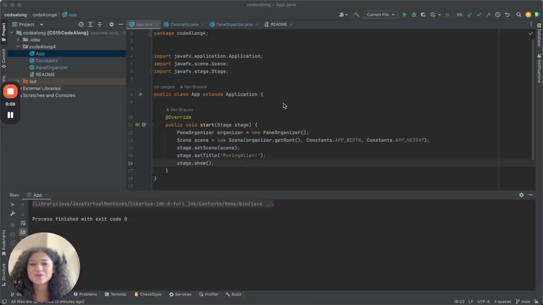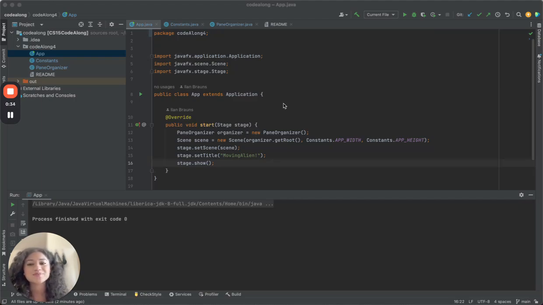In this code along, we're just going to go over how to use JavaFX shapes, panes, action events, things like wrapper classes and constants, and it's really just meant to give you an idea of how to get started with your cartoon project. So we're just going to code a simple program that creates an alien on a plain or a white pane, and we're going to be able to move our simple alien left and right with left and